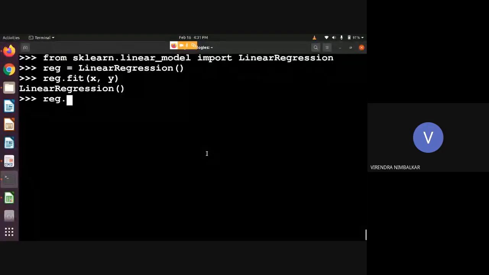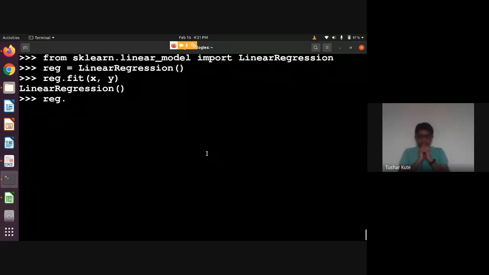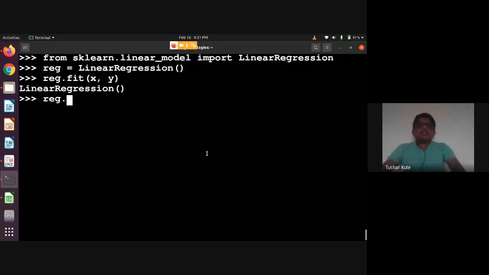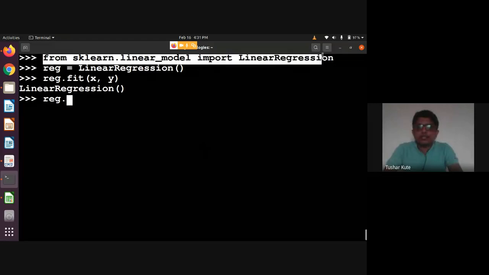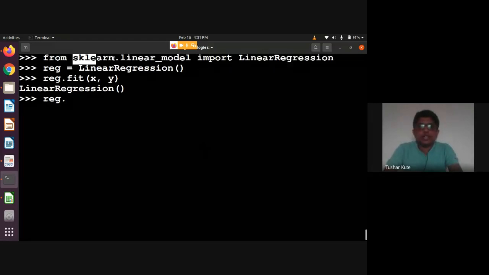Yes, it's clear now. See, I have imported the class LinearRegression from the package sklearn.linear_model. Then I created the object of it, since a class gives an object in Python. Then I applied X and Y. X is the input variable, which we call the independent variable. Y is the output variable, which is the dependent variable. So we applied it, built the regression model, and it allows us to do predictions.